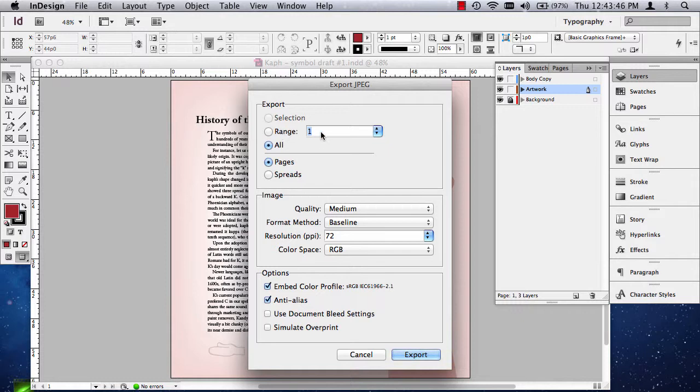This means the page, how many pages. I only have 1 page. If you had more, you could tell it. Quality, I want to go ahead and put this as high quality. And resolution, let's go ahead and put that at 300 so when you guys get them, they're not so bad. 150 might do as well, but 300 lets me know if you're working in the right